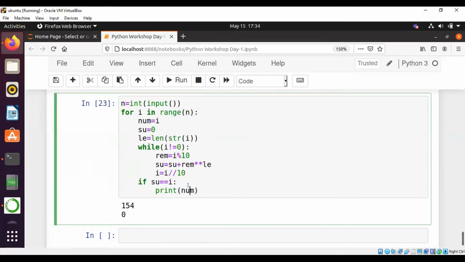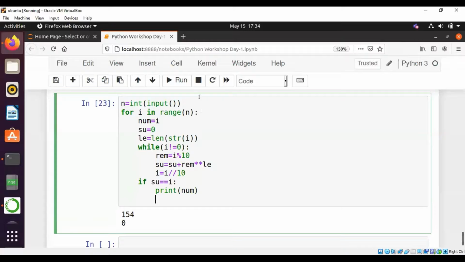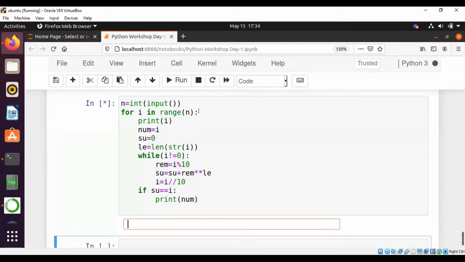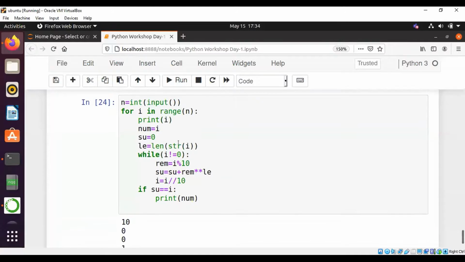Printing num, it's an i. Let's see whether it's printing the numbers correctly or not. Let's do 10 first.